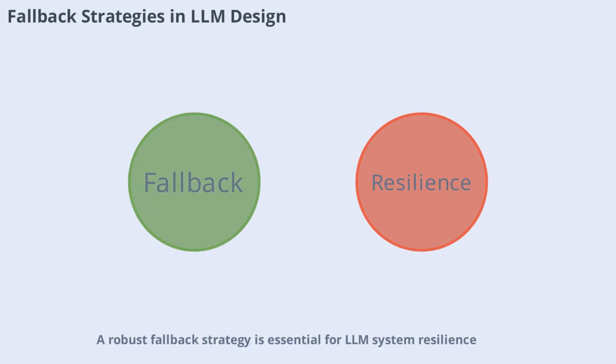Robust fallback strategy is essential for LLM system resilience. This involves a tiered architecture, retrying with exponential backoff, failing over to an equivalent model on another provider, falling back to a lightweight open source model, and finally returning a polite error if all else fails. For example, if OpenAI's endpoint is rate limited, the backend silently reroutes prompts to an Azure deployment, ensuring users aren't